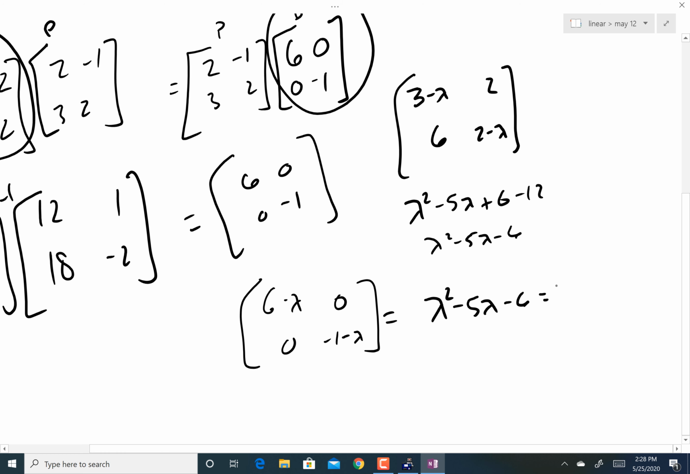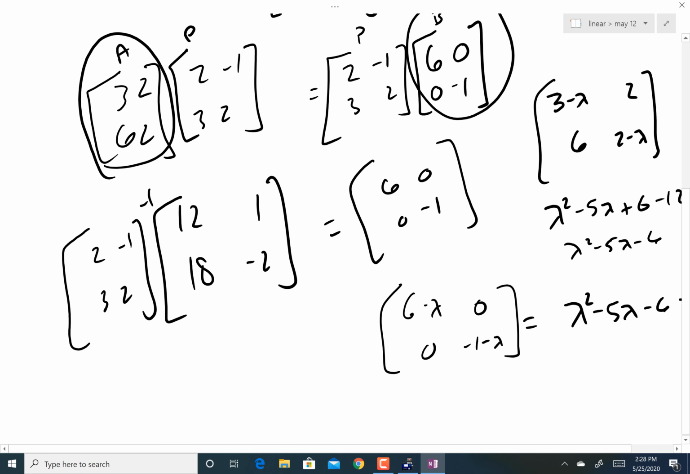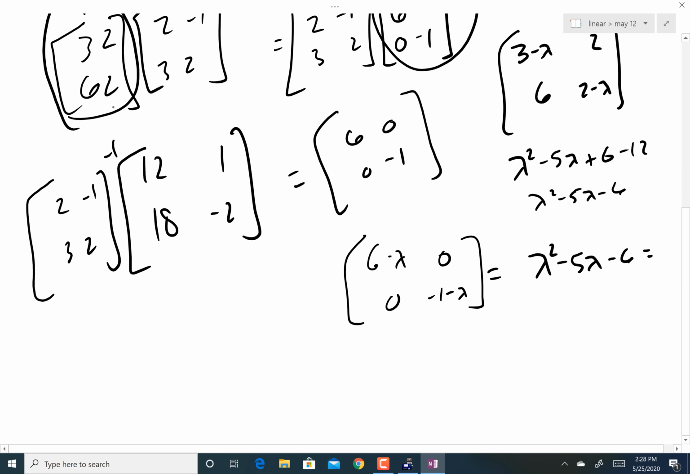Done. Do they have the same determinant? I don't know, let's find out. The determinant here would be 3 times 2, which is 6, minus 12 is negative 6. What's the determinant here? 6 times negative 1 is negative 6, minus 0 is negative 6. Everything comes into play. Okay? Now,